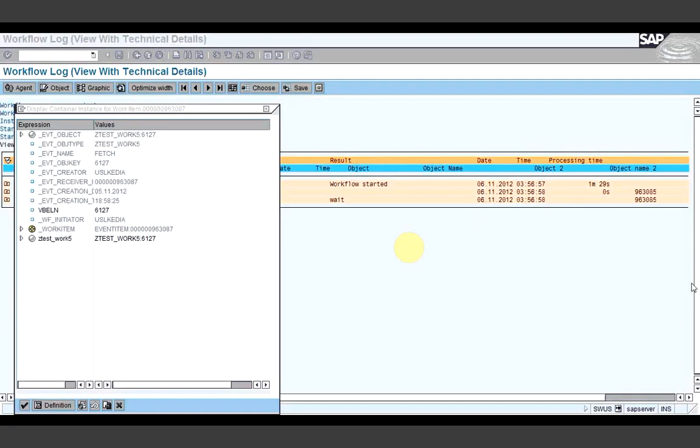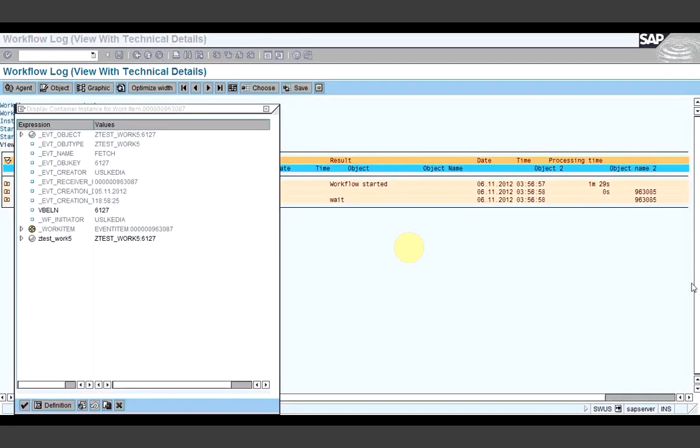So next I will be showing you the change document. I hope you all know that whenever there are changes in one business object or one application, one change document is associated with that application, and that change document has some event. Whenever there is an entry in the change document, one event should get fired, and that should be subjected to an approval process that should ultimately trigger one workflow. I will be showing you how you can do that,